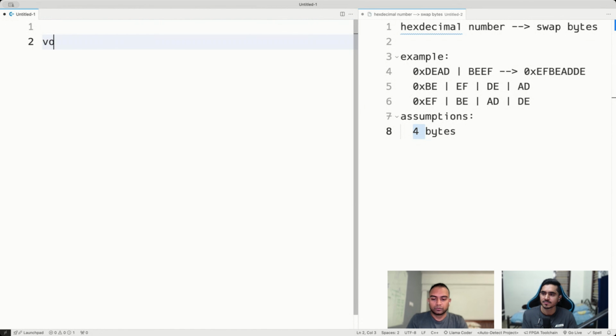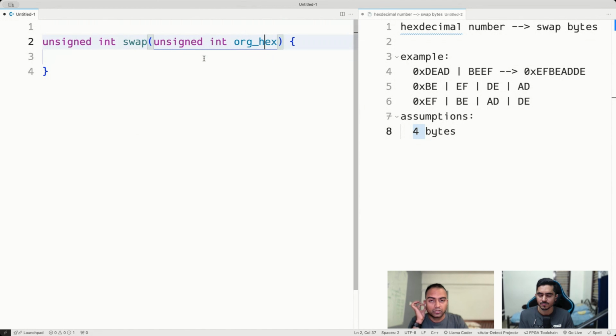Okay. So let me start by actually, I would want to return an unsigned int, and then also take in an unsigned int, and let's say original number. Or I'll just say original hex, or better this way. Okay, so I have original hex, and what I'm going to do now is,